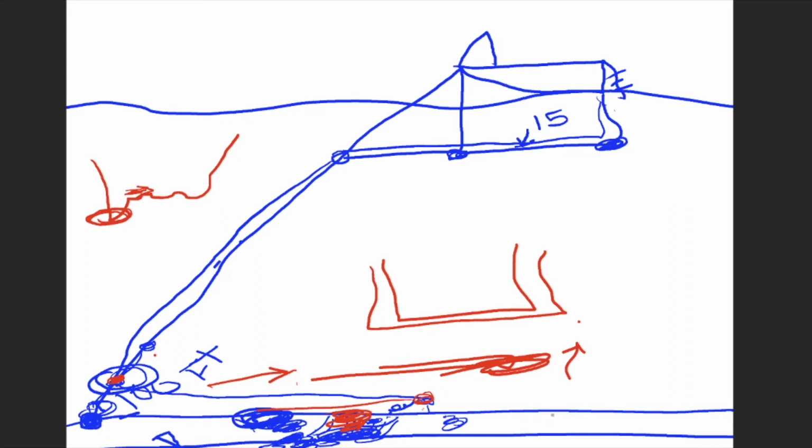So a 200-foot reel, you don't really want to run it out much more than 100 feet. That's a little bit of a distance, and you're going to have to reel it back. So, surface marker buoy: you have to have a surface marker buoy for these dives, because if for some reason your